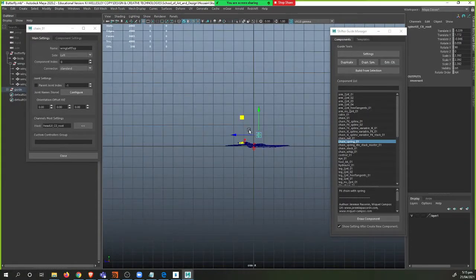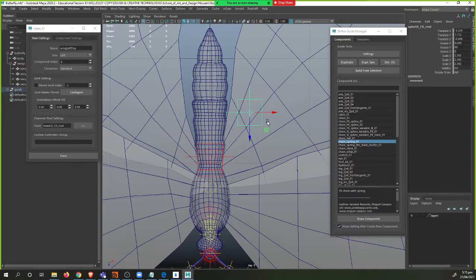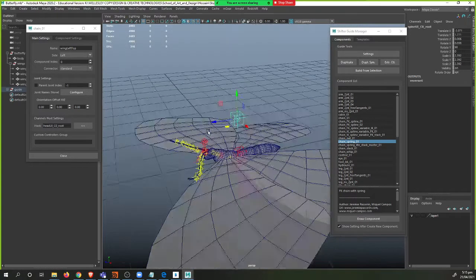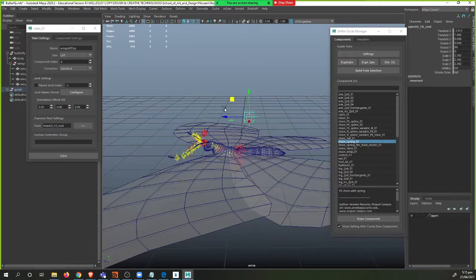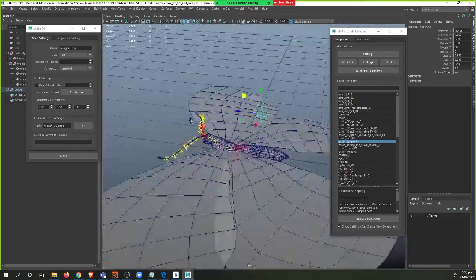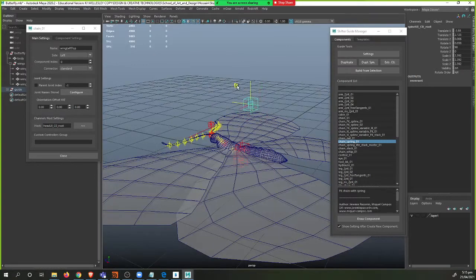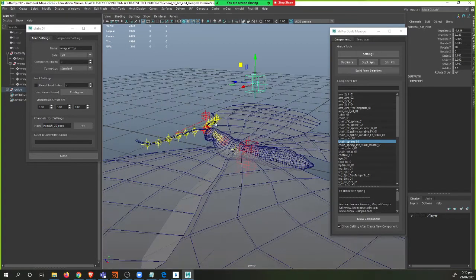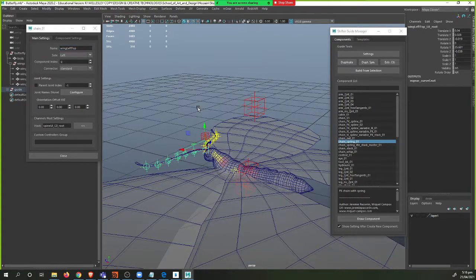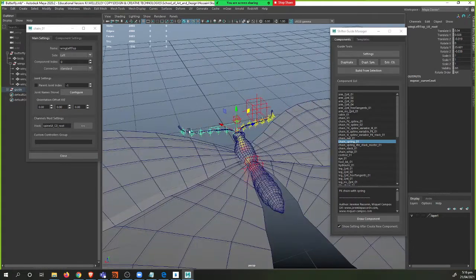Actually, let me just move it to the properly middle. You don't need to keep it on the middle because, you know, in human it's better to be on side, but this one I think I would like to keep it on top here. So then instead of head UI that was for the tentacles, this UI is the one that hosts the settings for that. So I select it and click on that and it grabs it. So it's going to be on left and it's going to have